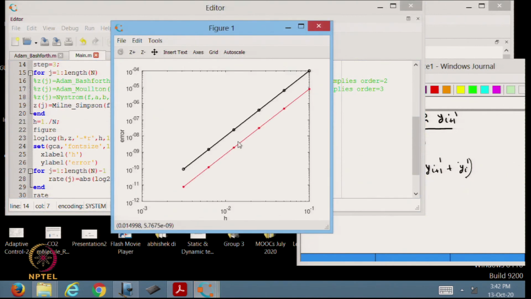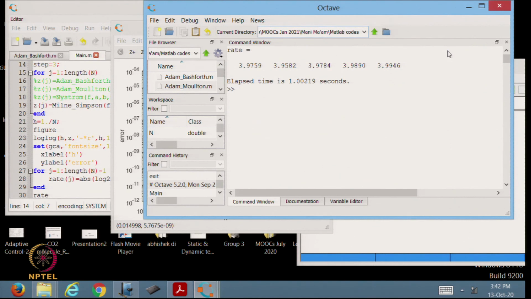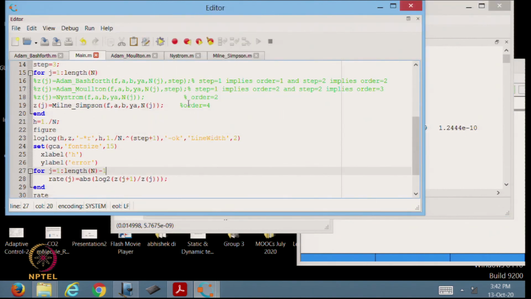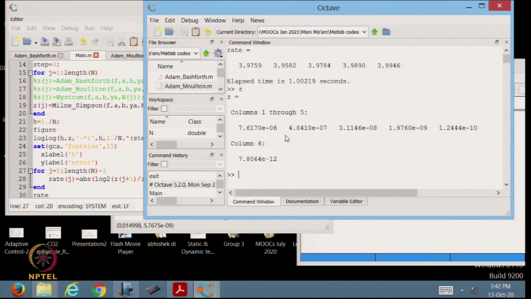So, here also you can see, if you want you can separately type out Z, very good, because you see how fast the error is tending to 0. This is the highest order method which we have implemented so far. Earlier methods were either 1, 2 or 3. This is the highest order method which we have implemented, and the result of that highest order is also visible to you. Error is tending to 0 very fast. Okay.